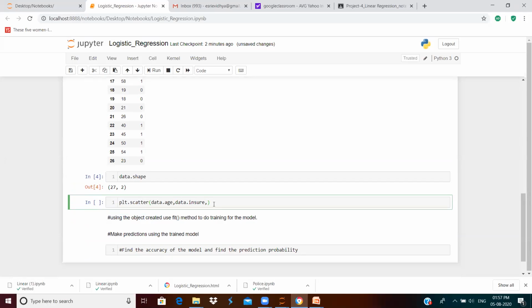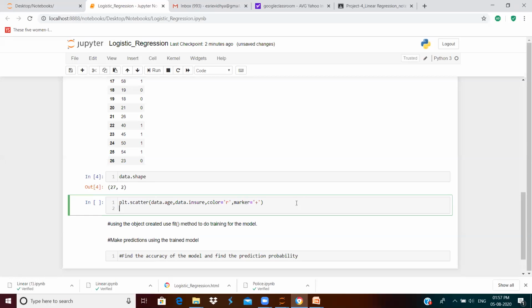followed by we will have to give the color of our data. So color may be red or anything. And also we will have to choose the marker, the indicator of our data point. So here I'm choosing plus as the indicator. And also we will plot the X label and Y label. Here we will give it as age, and we will plot the Y label also.